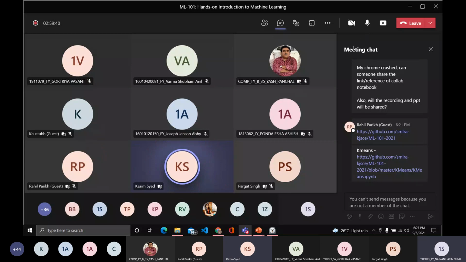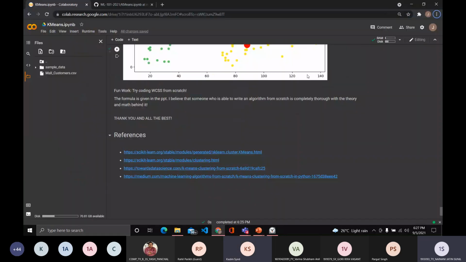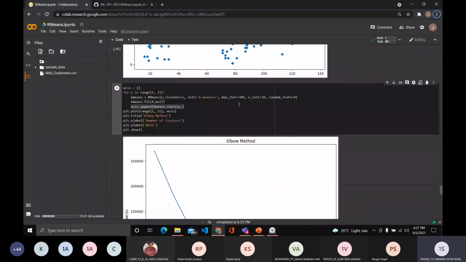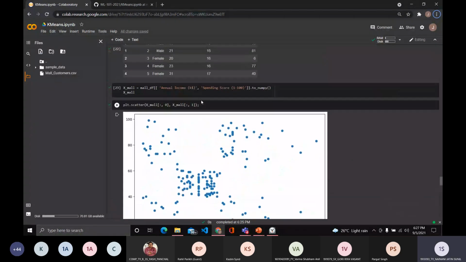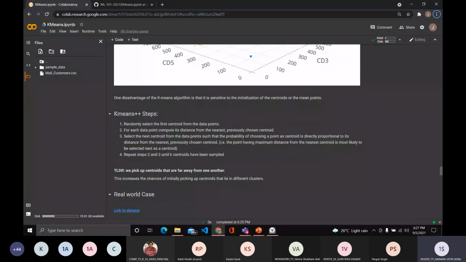Is k-means skewed a lot by outliers, with the centroids? Yes. K-means is very susceptible to outliers, but as you increase the number of iterations and use the k-means++ initialization, where you initialize centroids far away from each other, it will try to counter the outliers as well. So k-means++ is a must for every iteration of k-means that you're doing.